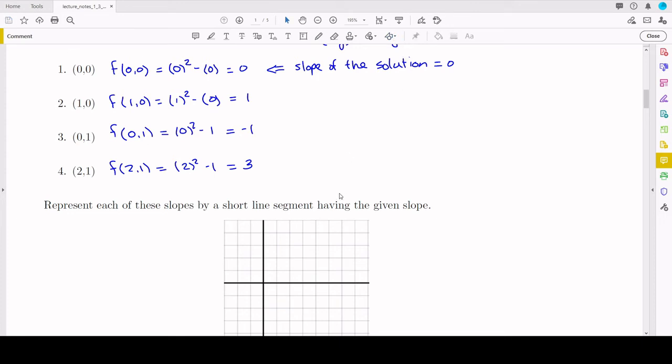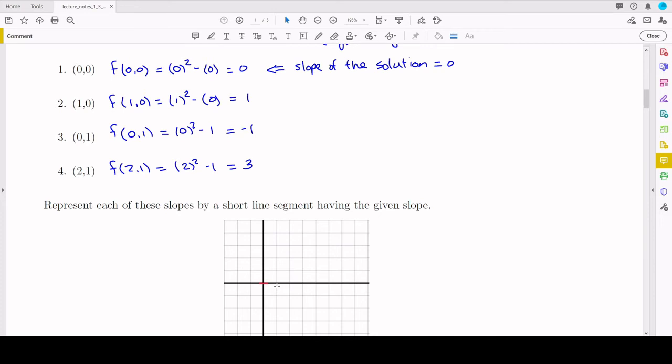So we're going to draw a short line with slope 0 at the point 0, 0. At that point, the slope of our solution is 0. And then at the point 1, 0,